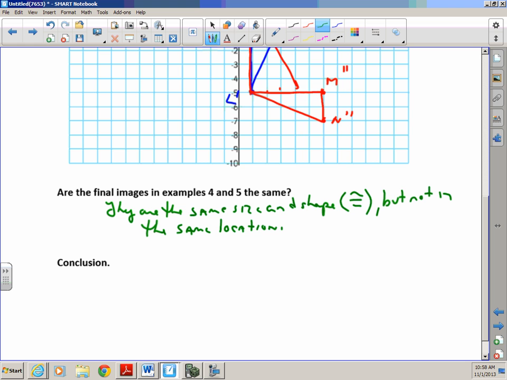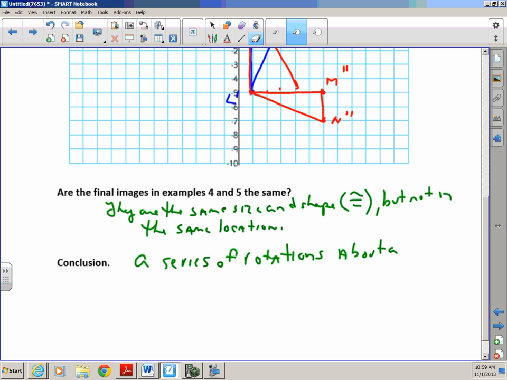And so what that means is a series or sequence of rotations about a different point